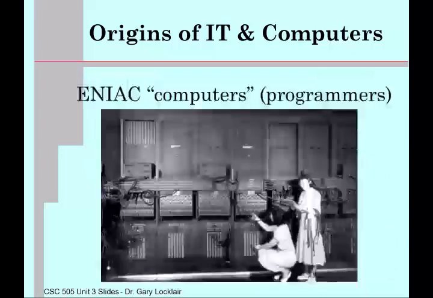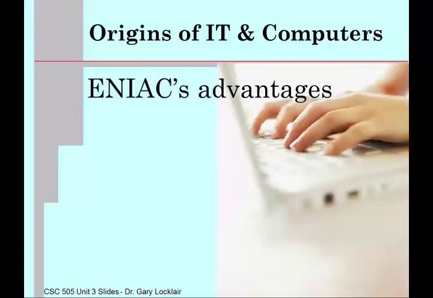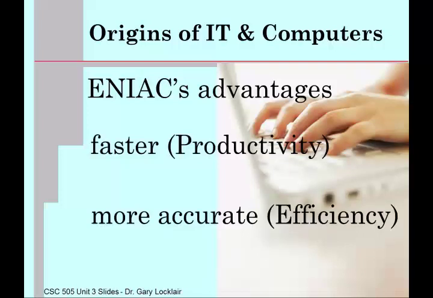And you'll see in the video that there was a room full of women doing these things, and these are not those women, but these are ENIAC's computers, who in this case were the programmers for the ENIAC. Funny, huh? Actually, they were doing the instructions too. Today, of course, computer means an electromechanical, electronic device, but at that time, it meant a person. All right. ENIAC's advantages are the same advantages that we've talked about before, but here we can absolutely say it was faster.